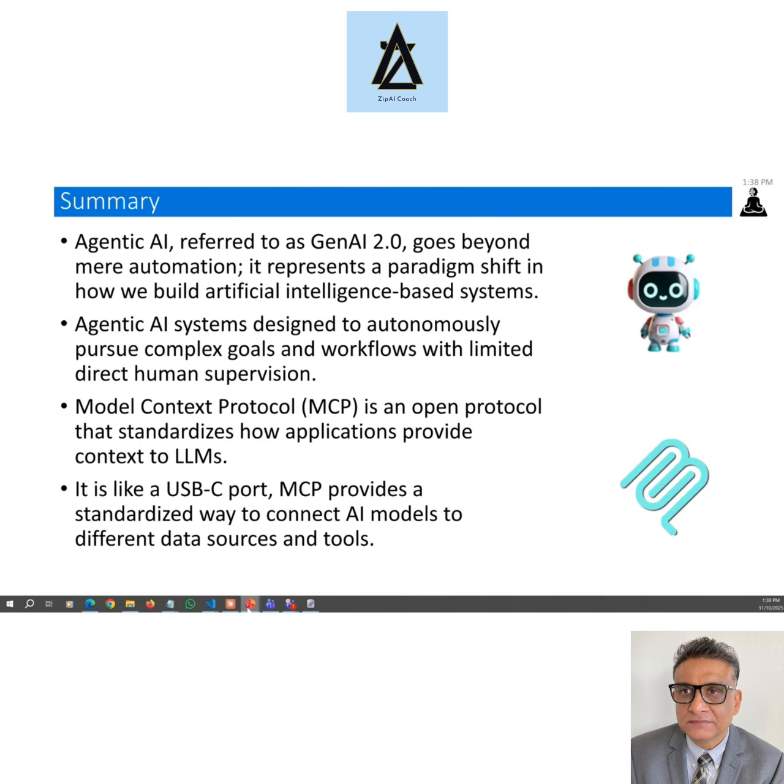And finally, let's summarize what we have seen. We're talking about the agentic world, which is Gen AI. It goes beyond a simple conversation with the model. You define an agent which can autonomously pursue a complex goal and carry out a workflow with or without human intervention, depending on the critical nature of your use case. And that is really enhanced by integration technologies like Model Context Protocol, which is an open standard like web or API, very similar to USB-C. And that's pretty much